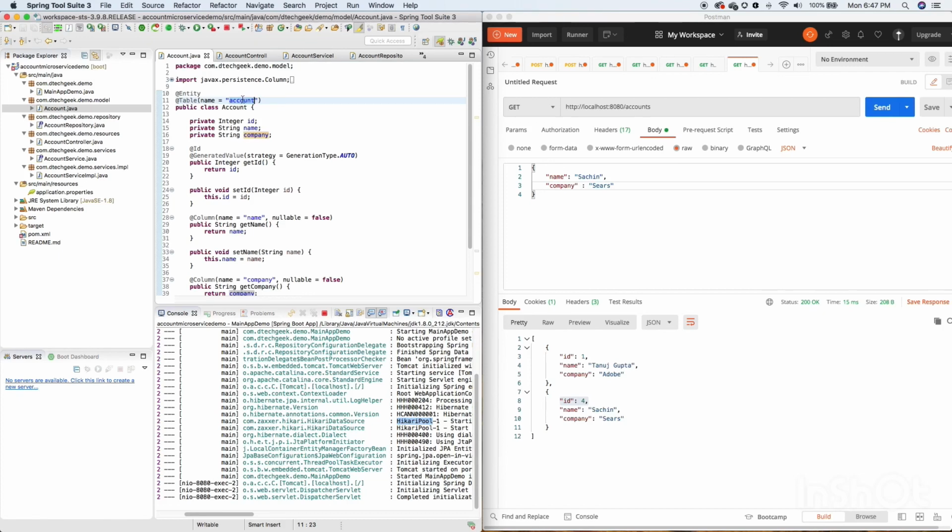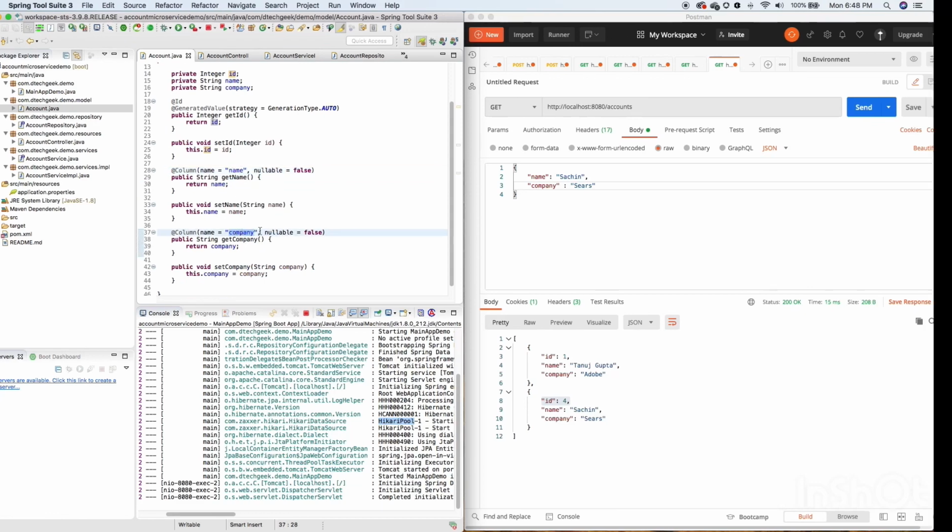If you see in the MySQL client, you would see the account table with the columns ID, name, and company. So let's check. Let me connect with the user demo, and the password is demo.